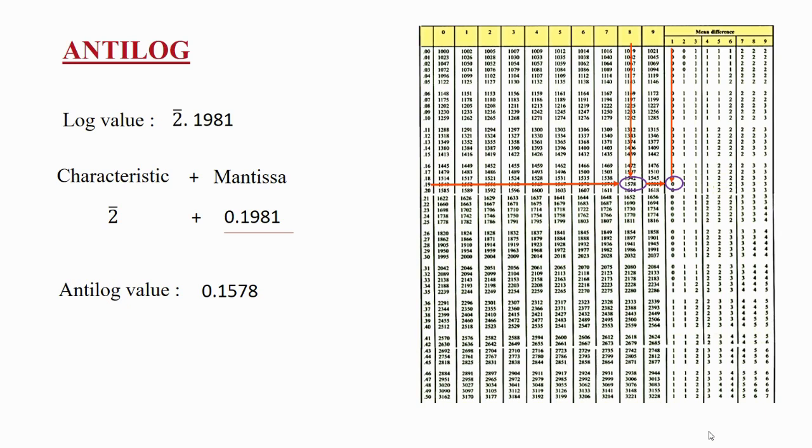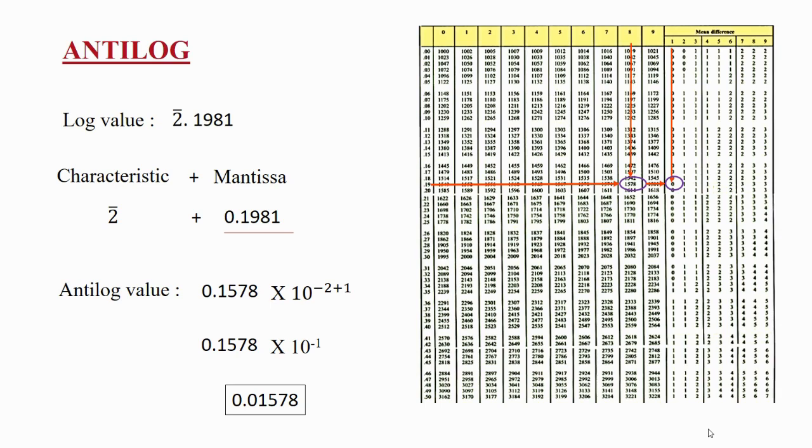0.1578. Now represent the characteristic in the form of a power of 10. The characteristic is bar 2. Bar 2 means minus 2. So 10 raised to minus 2 plus 1. The value is 0.1578 into 10 raised to minus 1. So the final value I can represent as 0.01578. Now you can observe, students, over here, the characteristic of the given number is bar 2, which